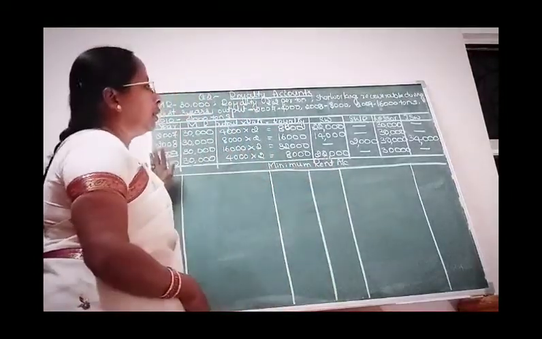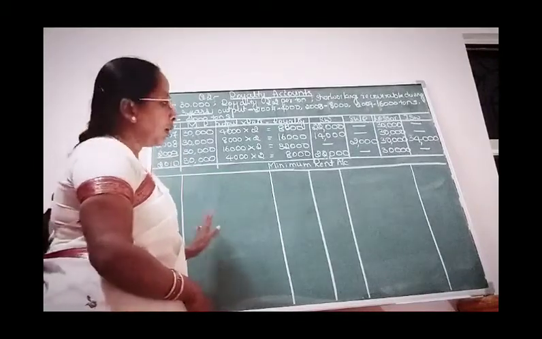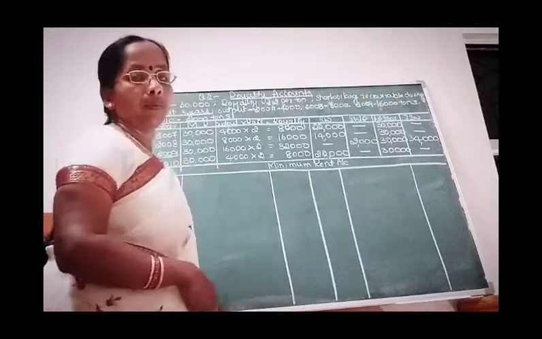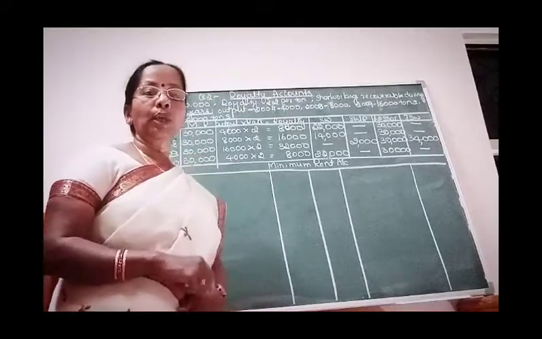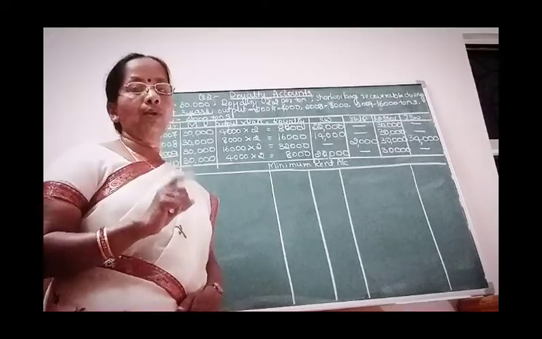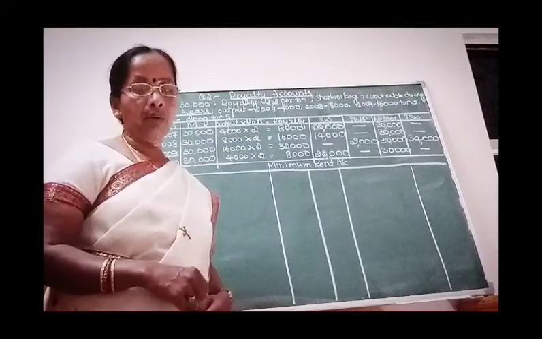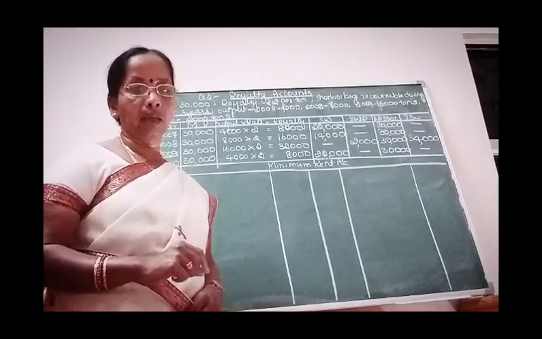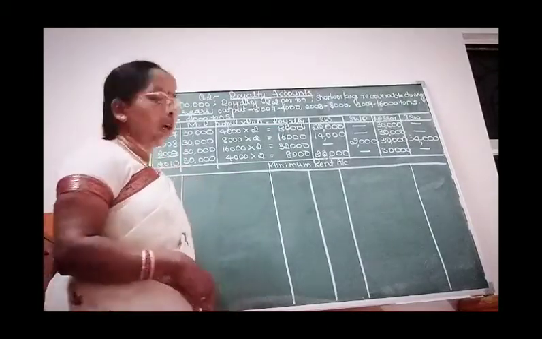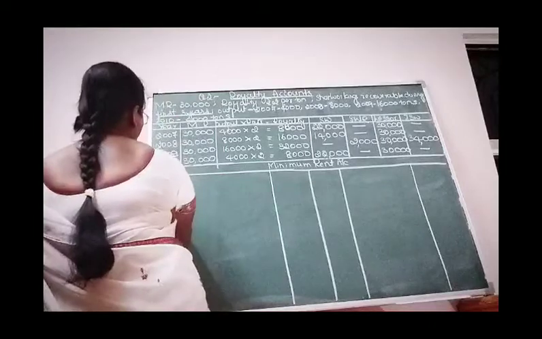This is the analytical table which you need to do before we pass the journal entries or ledger accounts. Now coming to the ledger. First we have to prepare the minimum rent account. As such we are going to prepare 4 ledgers. Probably all of you are very much aware of this. First we prepare the minimum rent account, followed by the royalty account. Then we prepare the short workings account. Last we prepare the lessor account also. Right? So now we start with the minimum rent account. First year, that is the year 2007.